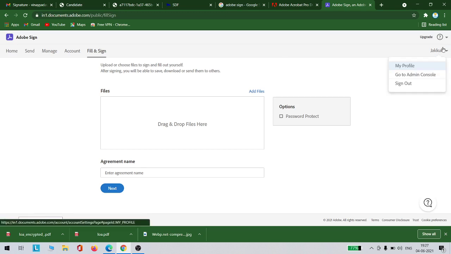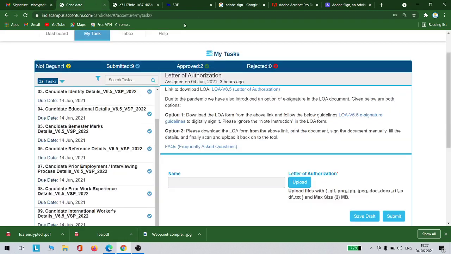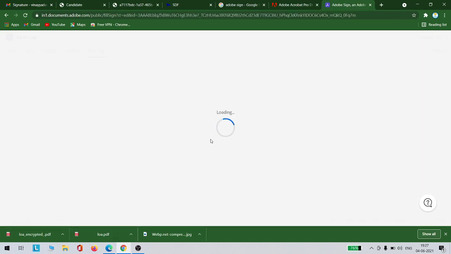You have to go for the free trial, provide your email ID, first name, last name, create a password, and then also verify your mobile number as well as your email ID. After these steps, you will get this interface. Now you have to drag and drop whatever you have downloaded in the first step here, like this. I'll show you again here. I have already done this process, and then you can click next.